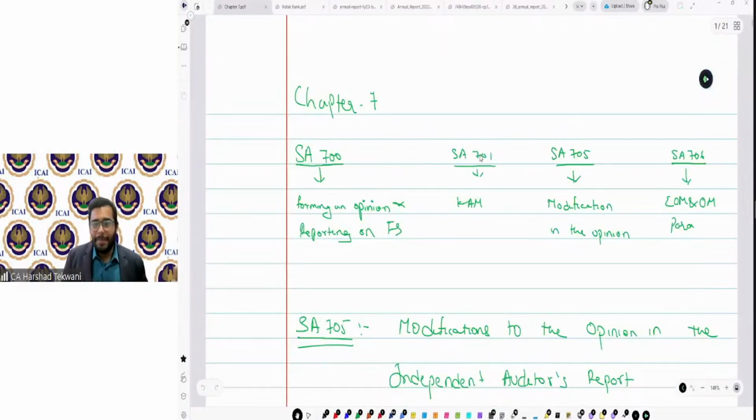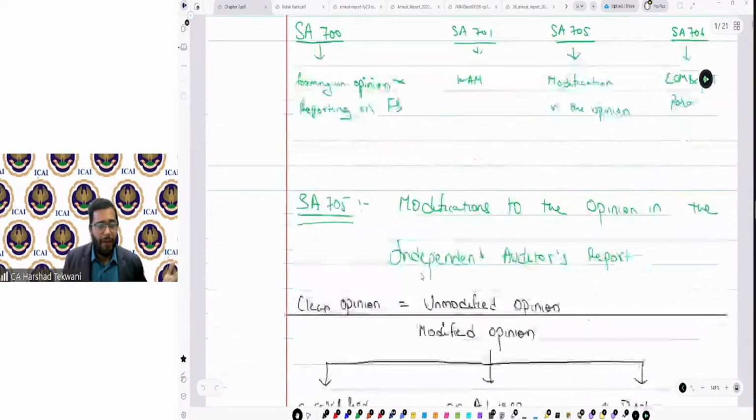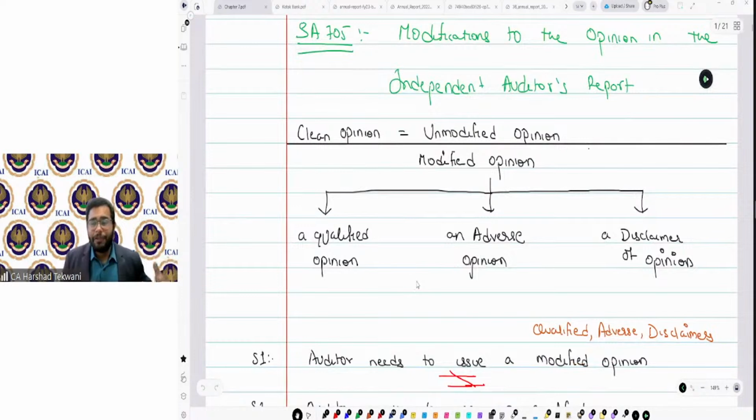When we started chapter 7, we went through SA 700, 701, 705. With SA 705, we understood different types of opinions, and we saw real life examples of the different types of opinion, disclaimer of opinion, qualified opinion, and the changes when a different type of opinion is there in the audit report. For example, the change in the title, the change in the wordings, the change in the basis of opinion paragraph. When there is a disclaimer of opinion, changes in the opinion paragraph, the disclaimer of opinion paragraph, the basis of opinion paragraph, then the changes in the auditor's responsibility paragraph in case of disclaimer of opinion,